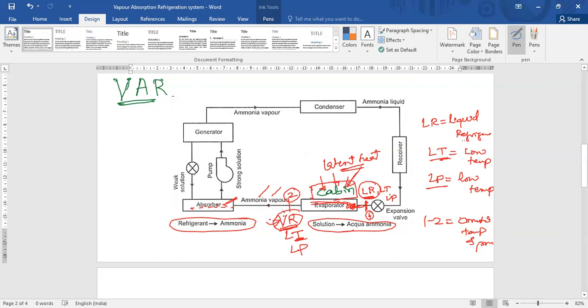Next, this ammonia vapor, that is, vapor refrigerant at low temperature and low pressure, enters the absorber. Now you can ask a question: why are they using an absorber here? Why are they not using a compressor directly? And dear students, keep in mind always that the energy or power required for pumping a vapor substance, it may be ammonia vapor, steam or any gases, if you are pumping gases from one place to another, the amount of power required is more,